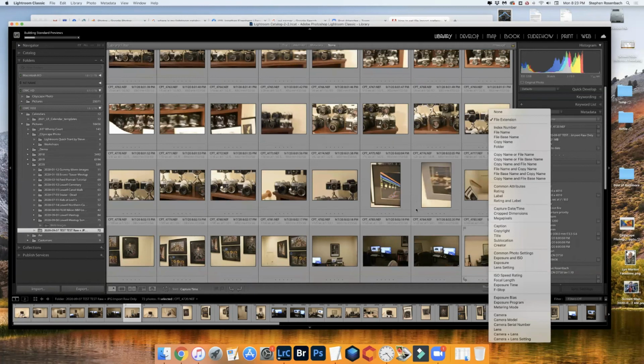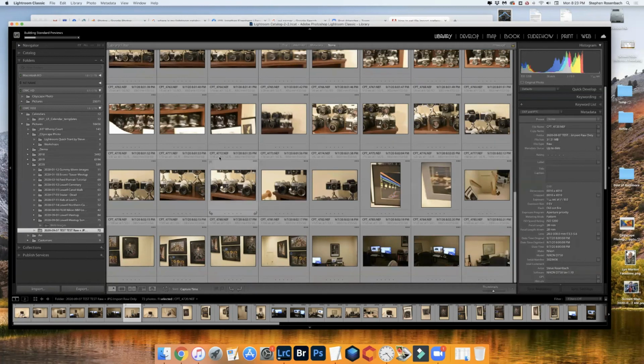RAW file, okay? So if you're shooting both JPEG and RAW files in your camera, and you want to import into Lightroom only the RAW files, that is the way to do it. Okay,